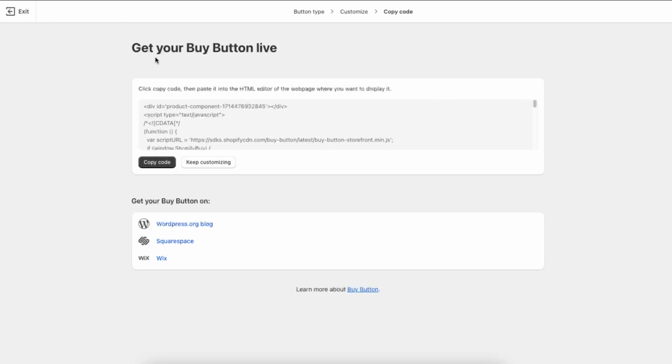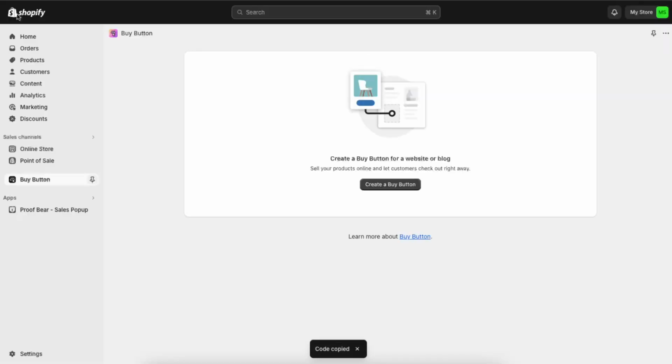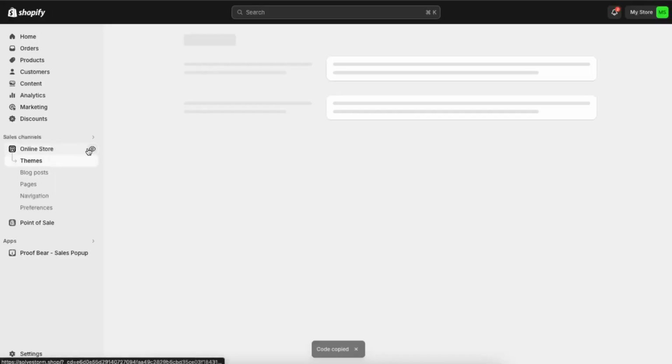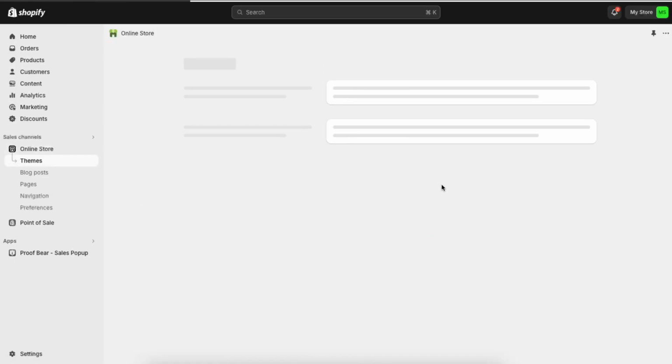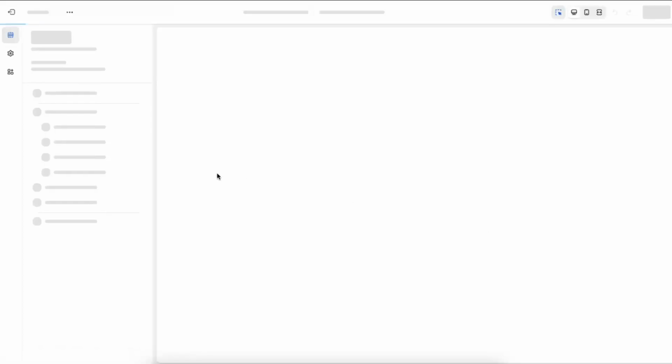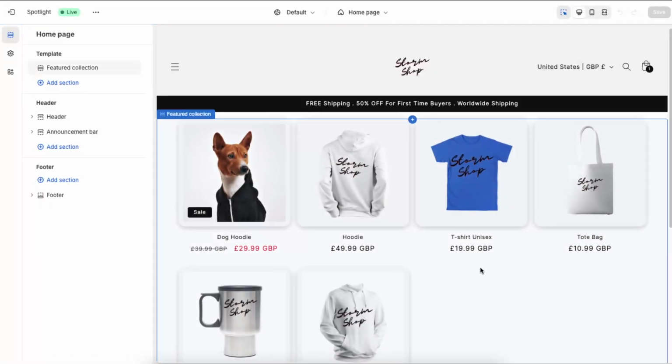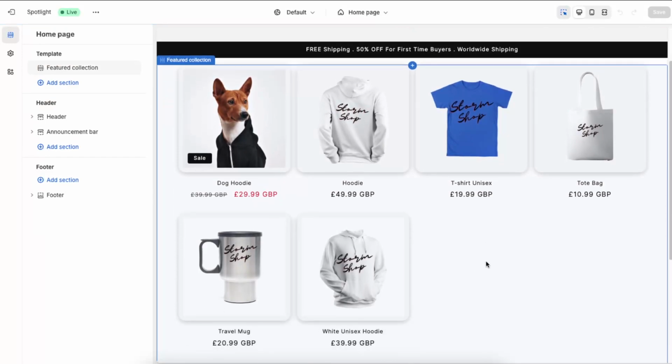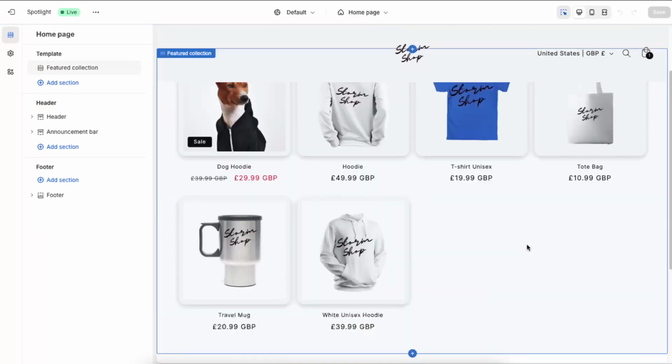Now what you need to do, you need to click the copy code and basically paste it into your HTML editor of the web page where you want to display it. So let's copy the code and let's exit it. Now you go to your online store right there and click customize. And now you want to choose where you want to put it. So for example, let's put it here